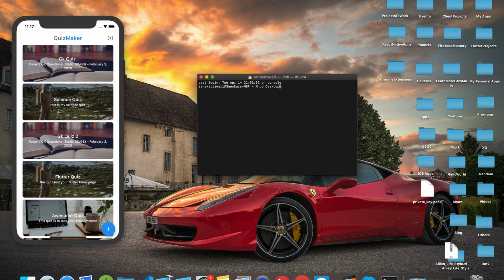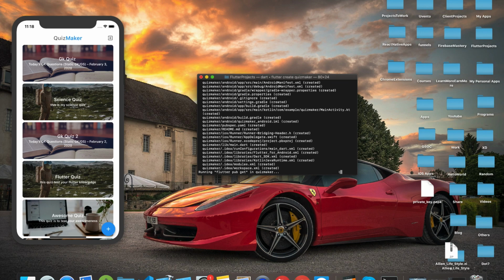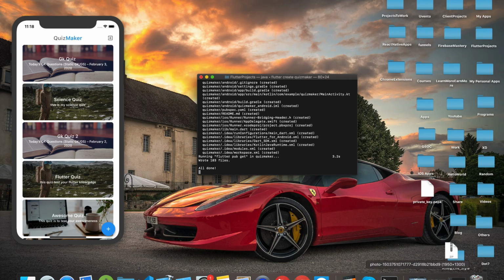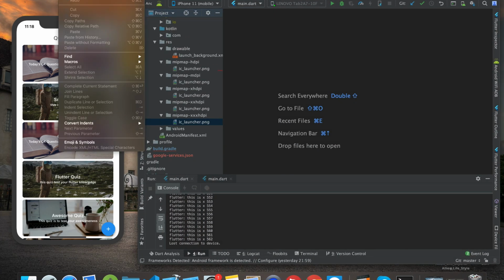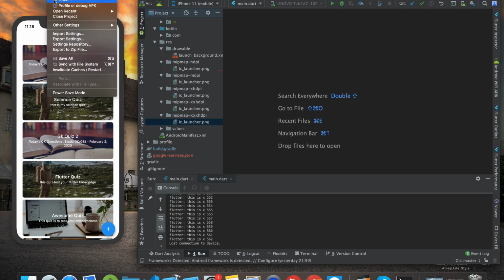So desktop slash Flutter projects, basically providing a directory, and inside the directory I want to say flutter create, and let's name it quiz maker, and I'll hit enter. Once we hit enter, it will create the app for us, and once it is done, you can just go ahead, click on file, open,